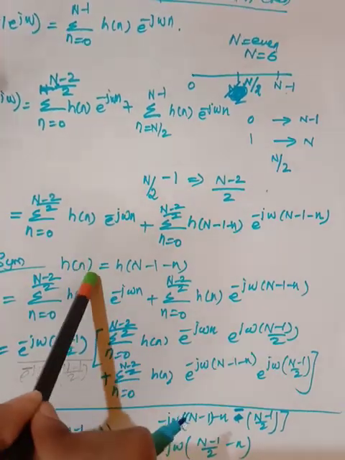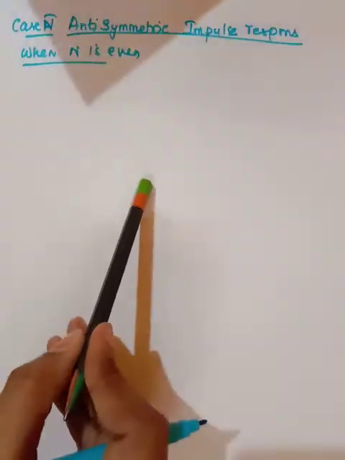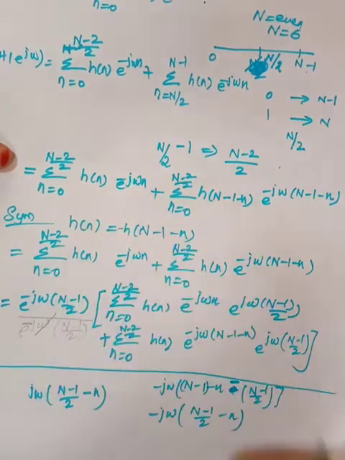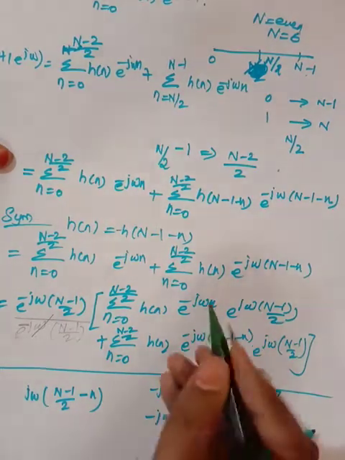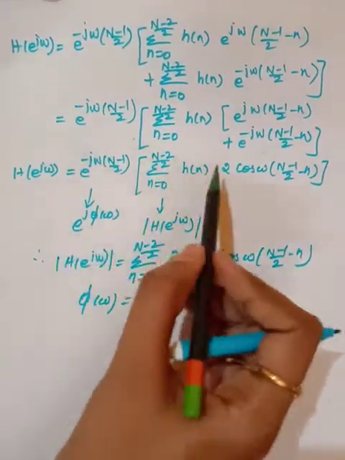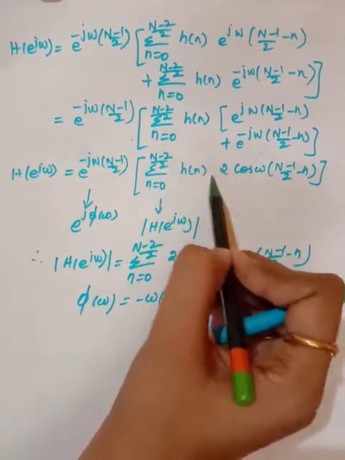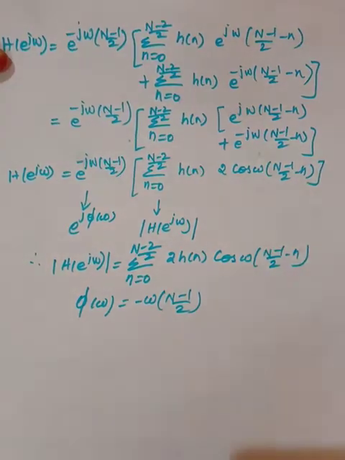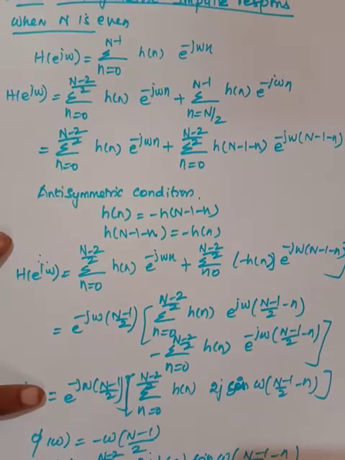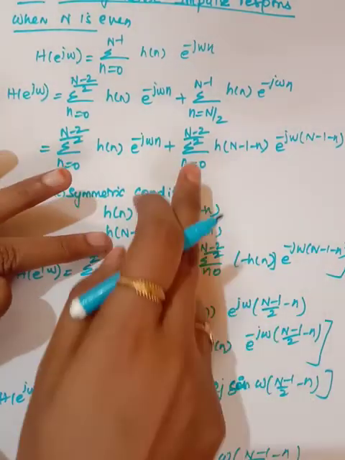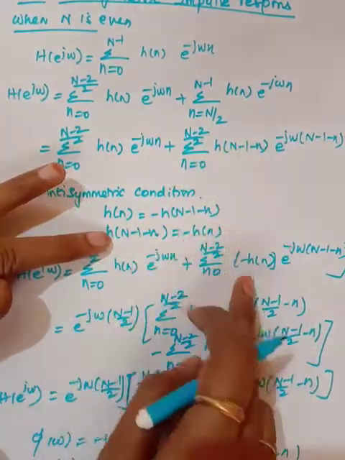In that point only, it differs for the antisymmetric impulse response. Here I am going to put minus h of n minus 1 minus n. So here you will get a minus sign. When you combine this, you will get the same concept, except that here you will get 2j sine omega n minus 1 by 2 minus n. That's it. Now the same procedure I have done. Instead of this symmetric condition,